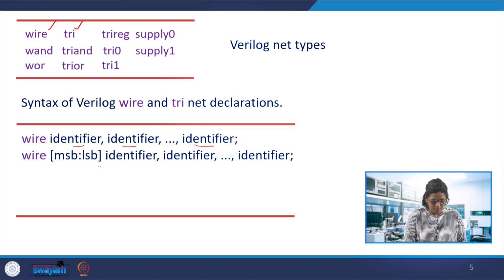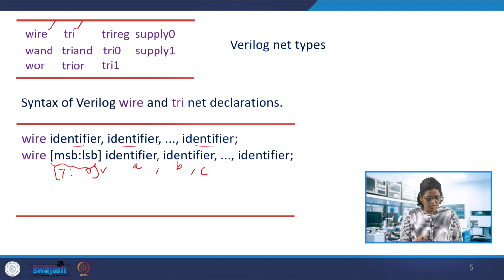So for example, giving the range, the MS bit and LS bit. Suppose it's going to be an AND gate which accepts two inputs of 8 bits, then the output would also be 8 bits. So that C can be 0 to 7 in that case. So this is a multi-bit vector. The identifiers can be comma separated. So if we say multi-bit identifiers, suppose this is A, B and C, all of them are 8 bits. So it's possible to define declarations as wires with multi-bit or single bit.